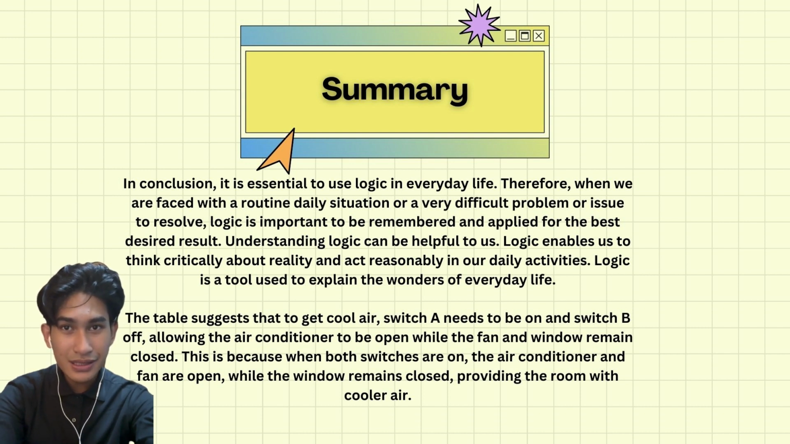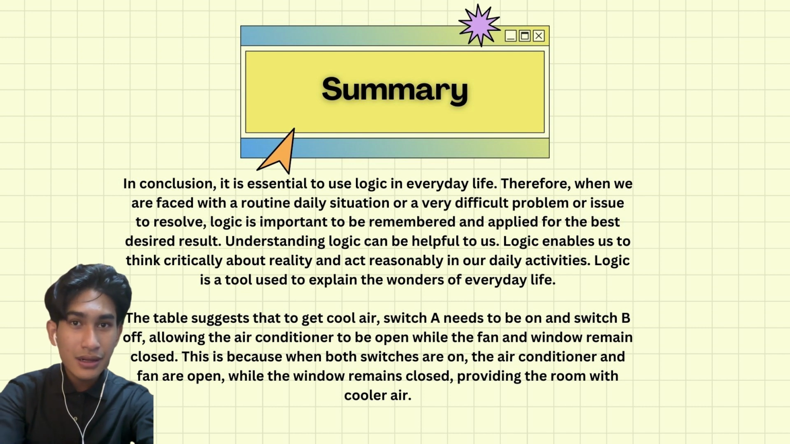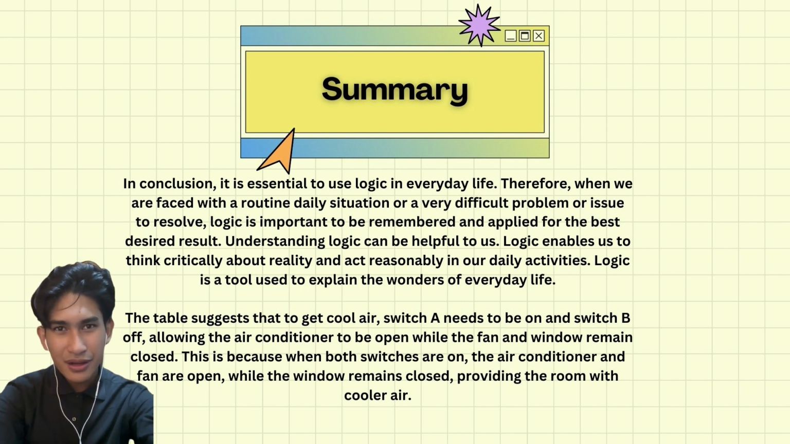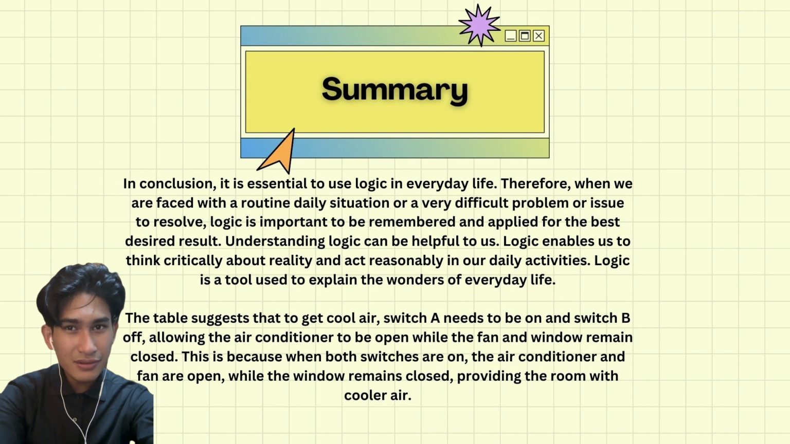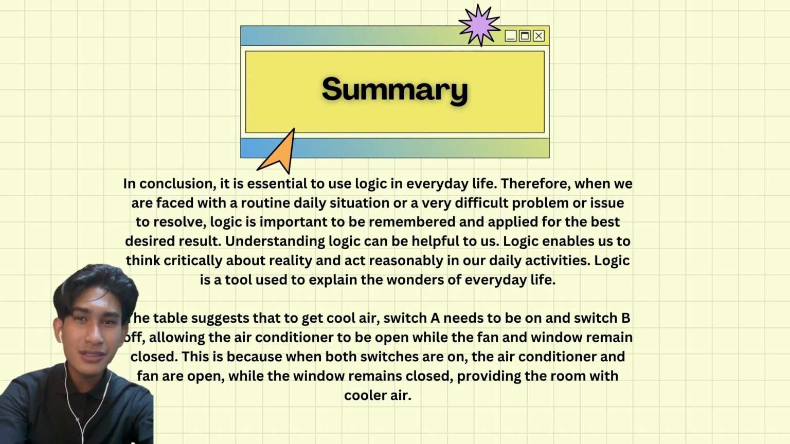The table suggests that to get cool air, one switch needs to be on and the other switch off, allowing the air conditioner to be open while the fan and window remain closed. This is because when both switches are on, the air conditioner and the fan are open while the window remains closed,